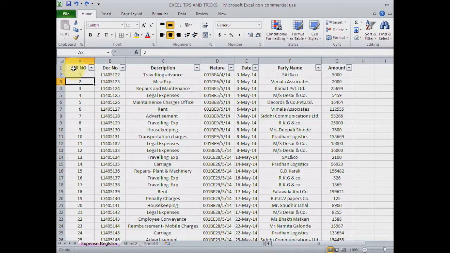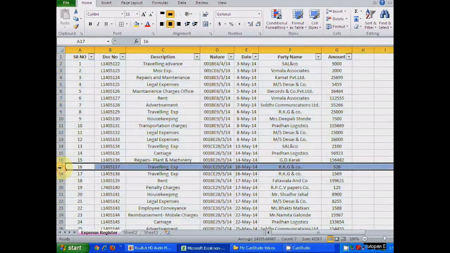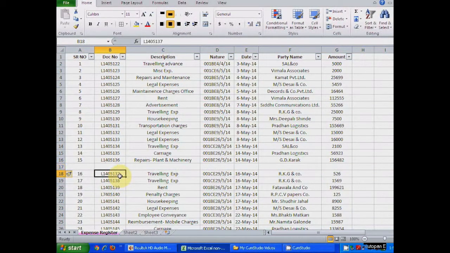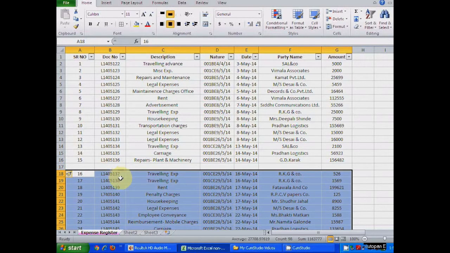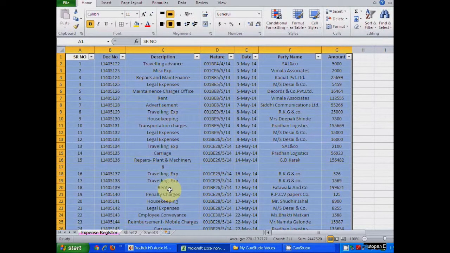Another way to select the entire data part is by doing Ctrl Shift and 8. It again has the same limitation. If there is a blank row in between and I do Ctrl Shift and 8, look, it is not selecting the entire data part. Only half of the part is covered, and it is getting restricted whenever there is a space. But if I insert any value in this blank row, let's say I insert 8 here, and then I do Ctrl Shift and 8, my entire sheet is getting selected.